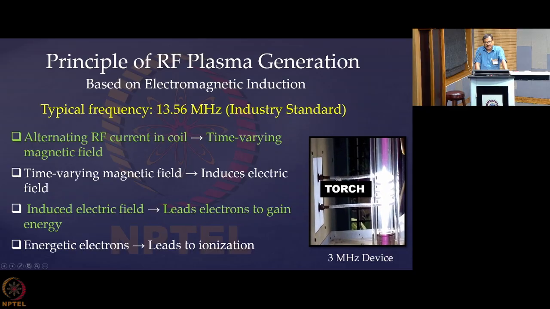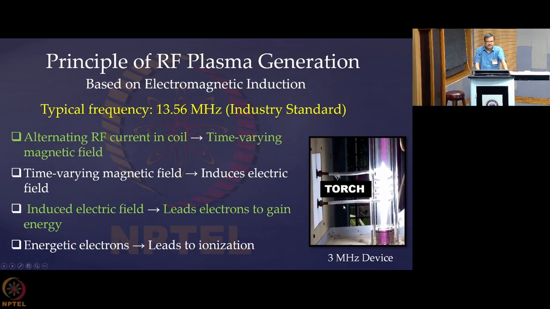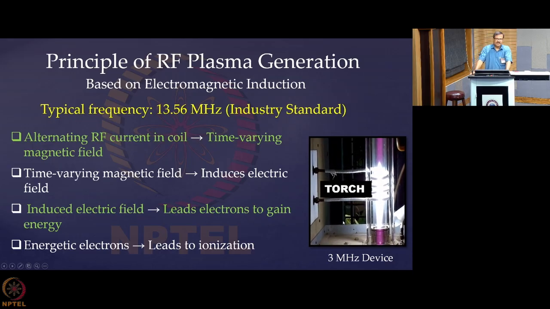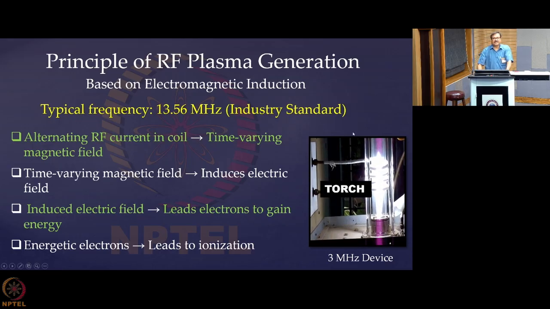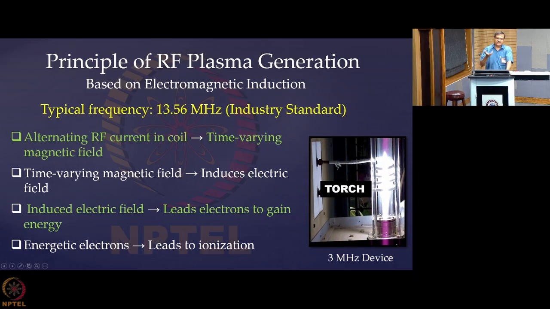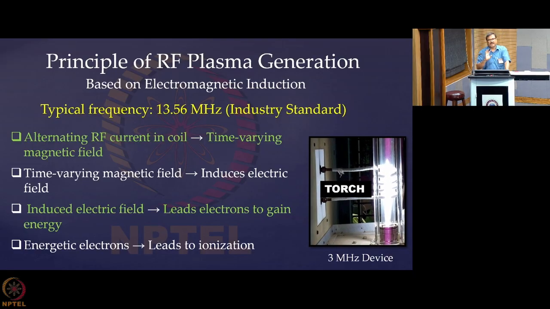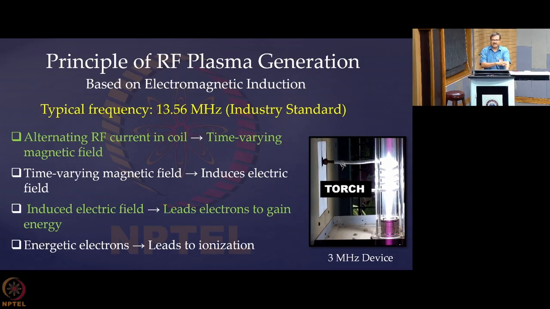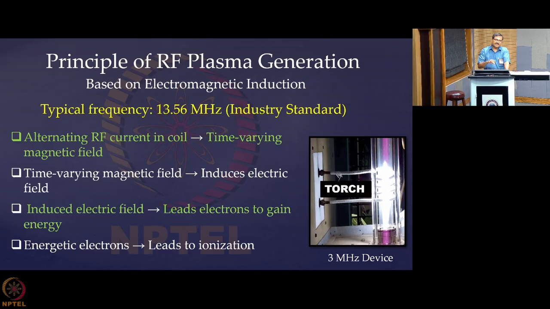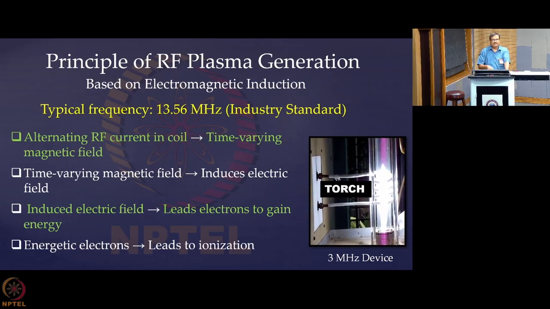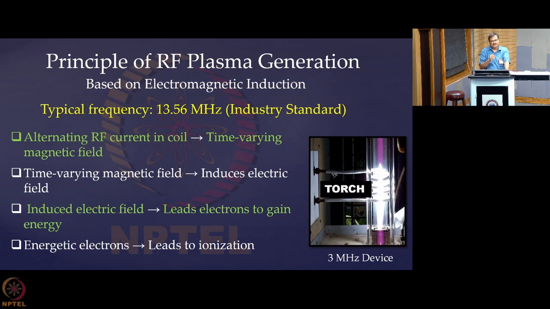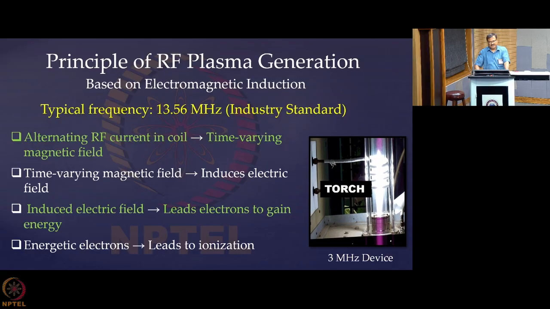Now the RF current, when it goes through, will produce a magnetic field. And where will it be? It will be along the axial direction. Now the current is switching once clockwise, then anti-clockwise. So the magnetic field is also switching, and in which direction? It is in the axial direction. Now when B is switching in the Z direction, there is Maxwell's equation which says that curl E is equal to minus del B by del t.